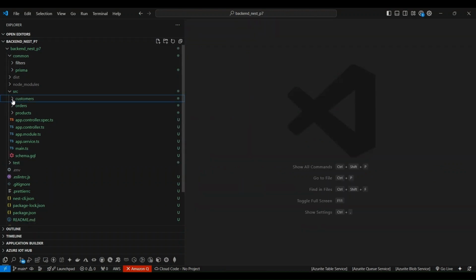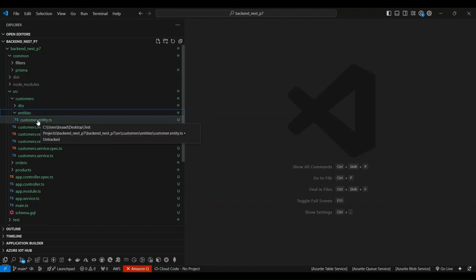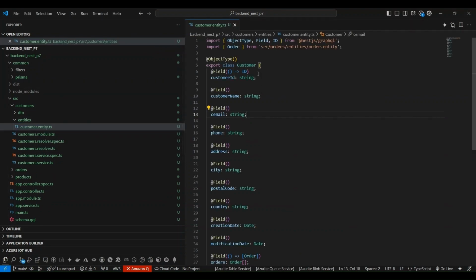All of our business features contain DTOs and entities. Entities are not required by Prisma, as Prisma generates its own entities when we generate the Prisma client. However, entities are required for GraphQL. In this case, we have a customer entity, and it is decorated with ObjectType, imported from